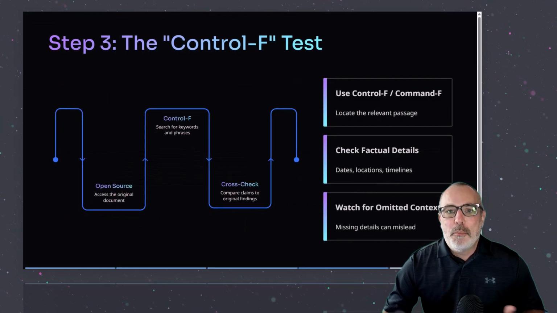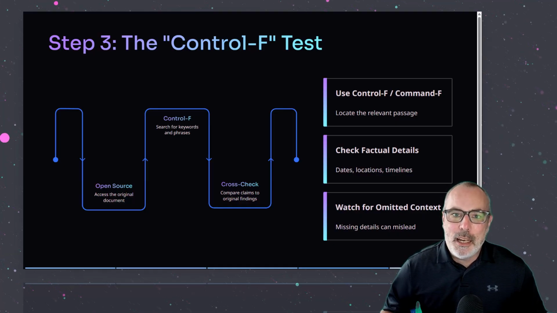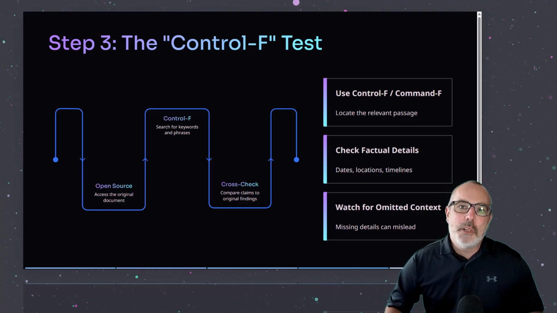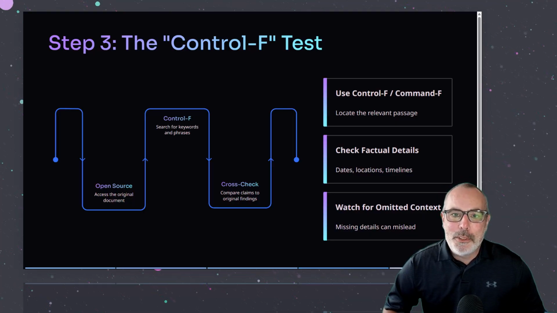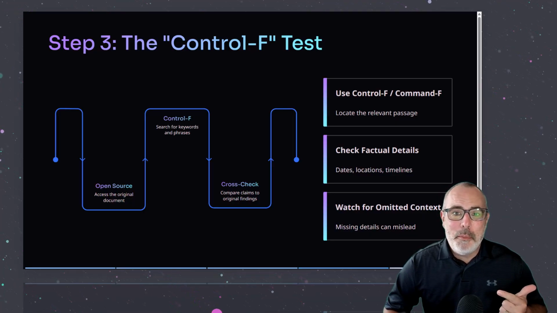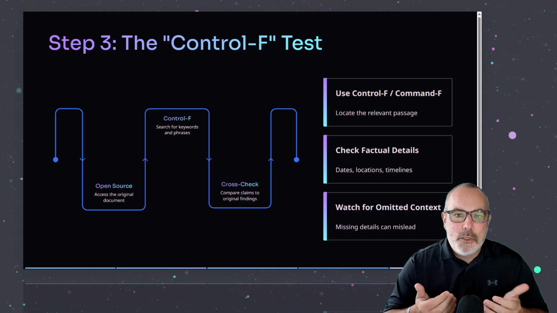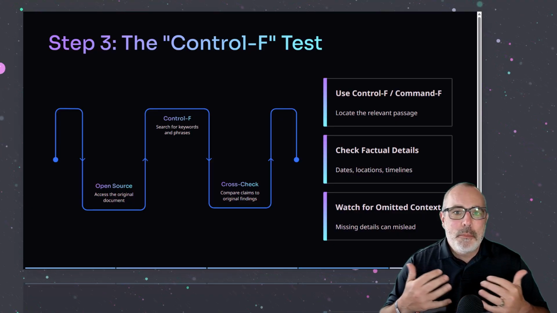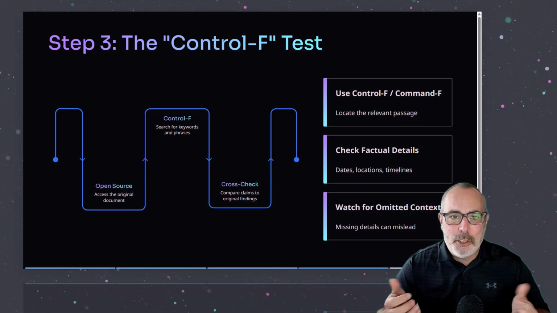And the final and most important step is to verify whether or not the claims the AI made actually match what is written in the original source material. Sometimes AI will cite a real, peer-reviewed paper, but completely misrepresent its findings. Open the source document and do something as simple as using a Control F or a find feature in order